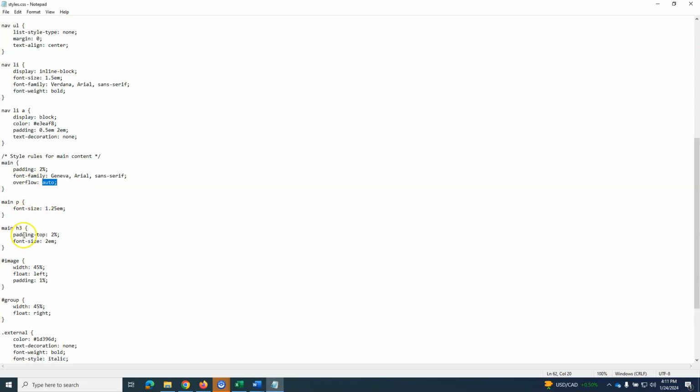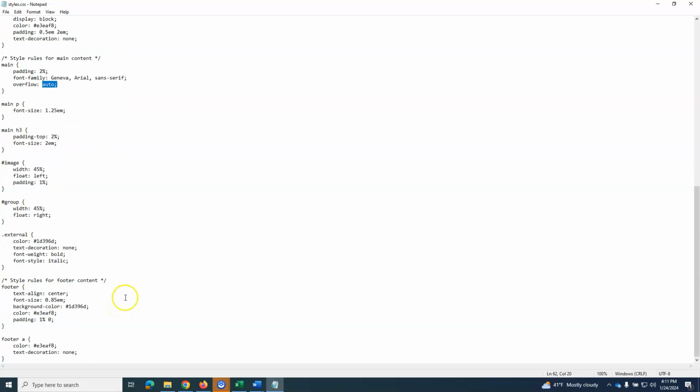So main paragraph, this is for heading 3. You have to specify all of them. This is for the image, this is for the group, this is external. And then I think the bottom one